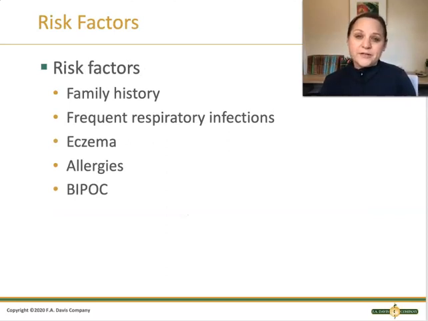Now, there are certainly risk factors for asthma. Family history is a high risk for having asthma yourself. Someone who has frequent respiratory infections that cause lots of inflammation in the lungs can lead to asthma. Patients with eczema, because eczema is an inflammatory response of the body, and we see it in a skin rash, but we're also going to see that tendency to have inflammation show up in the lungs as asthma. Patients who have seasonal allergies or allergies in general are again at higher risk and predisposed to having more inflammation in their body, and asthma is an inflammation of the lung tissue.